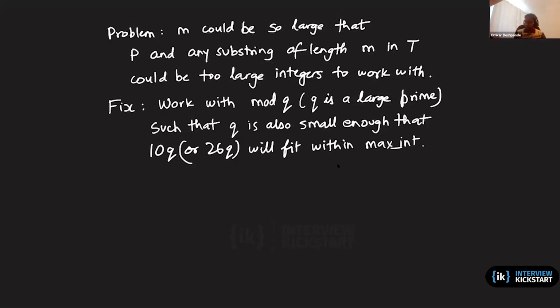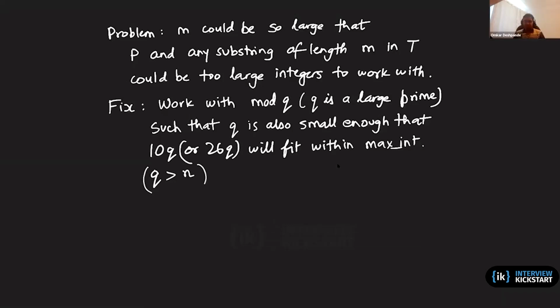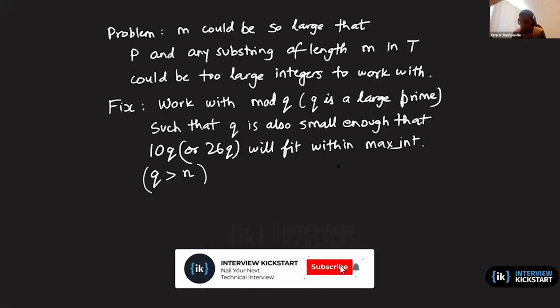And in a few minutes we'll see how large we want q to be. It will turn out that as long as you pick q to be more than n, the length of the string, that should be good enough. It doesn't have to be super large. So what does this mean? What does it mean to use this mod q? That means if you go back to that formula,